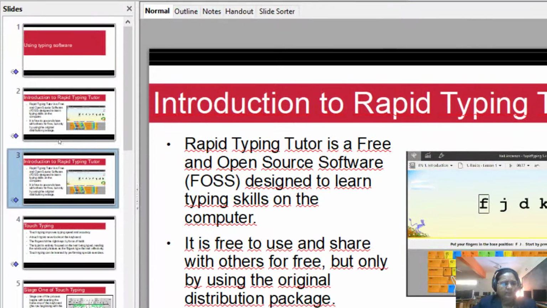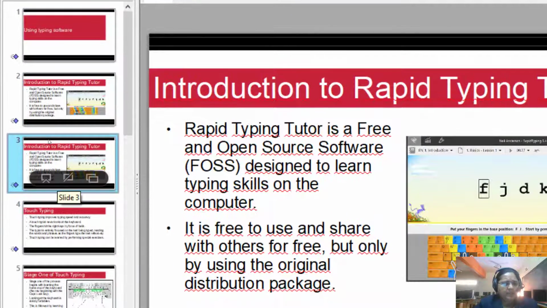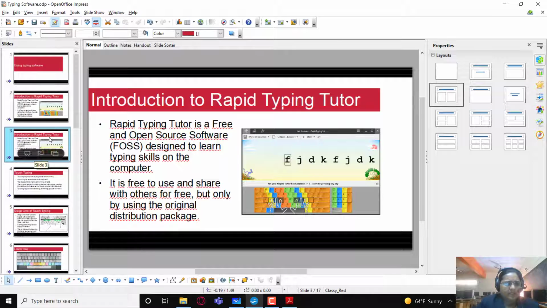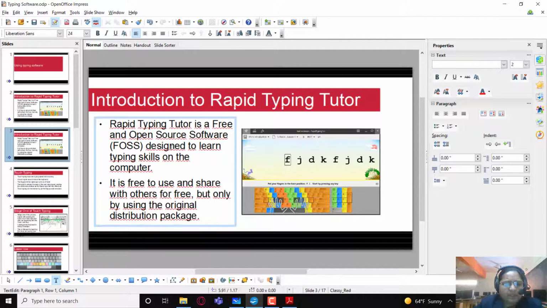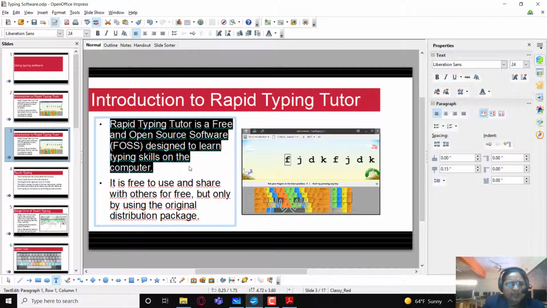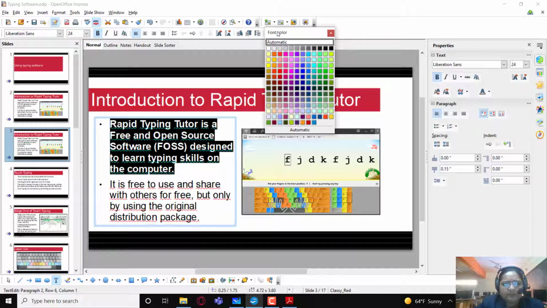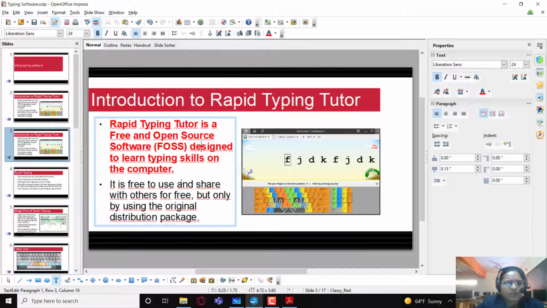So when we do this, you can see in the slide pane the same copy of the previously selected slide is inserted. So now these two slides, they are the same, they contain the same content. If we want, now we can make certain changes to the duplicate slide. Like for example, from here I need to remove these points and type something else. So I can do that, or I can keep it like that, and I can make any changes. Like right now I am making it bold, I am changing the font color, and so on. You can also change the content on the slide according to your requirement.